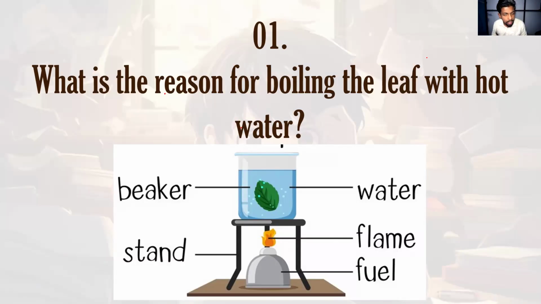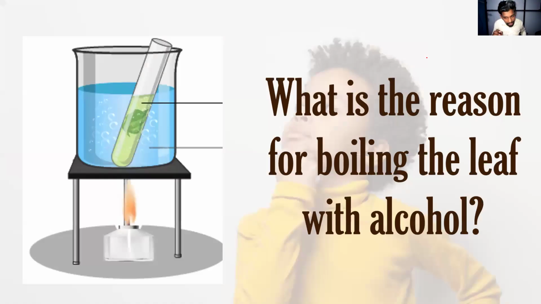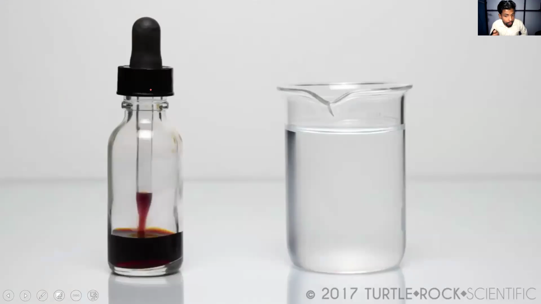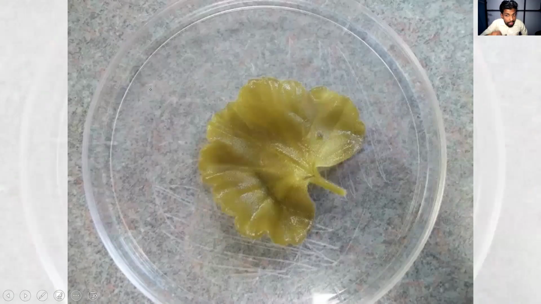This is the reason for boiling in the hot water. And the second one: what is the reason for boiling the leaf with the alcohol? The reason is, when I do this, what will happen? The green color in the leaf will be dissolved in the alcohol. That's why, in the previous picture I showed you, the alcohol had turned into green